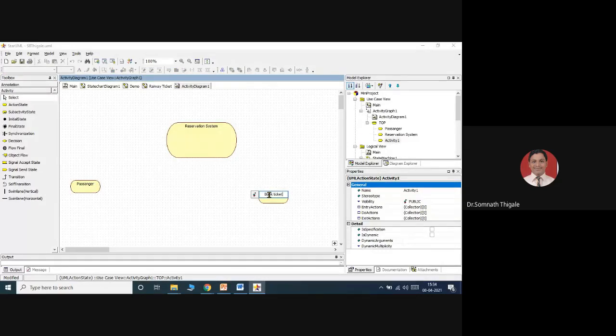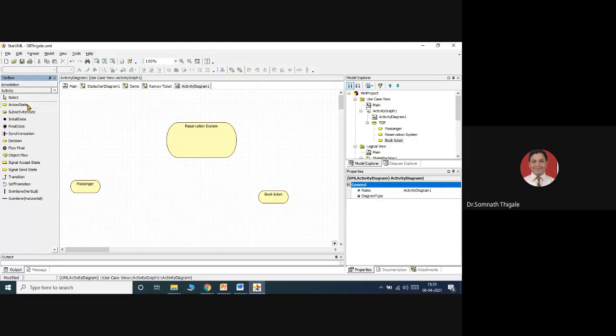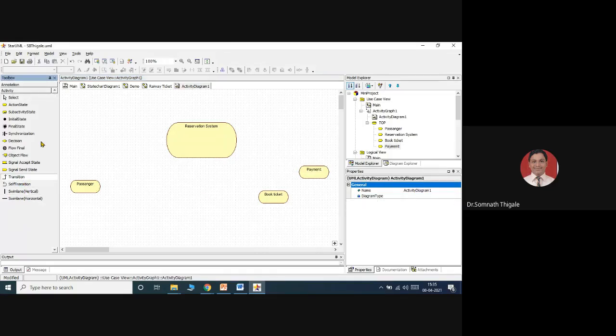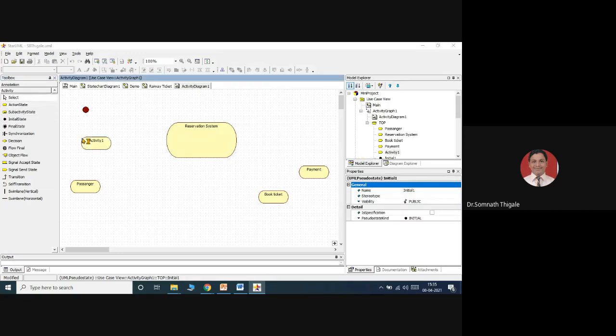One more action I will add is payment. This is the simplest part we can represent. Starting with this, the first action to perform is login to the system.